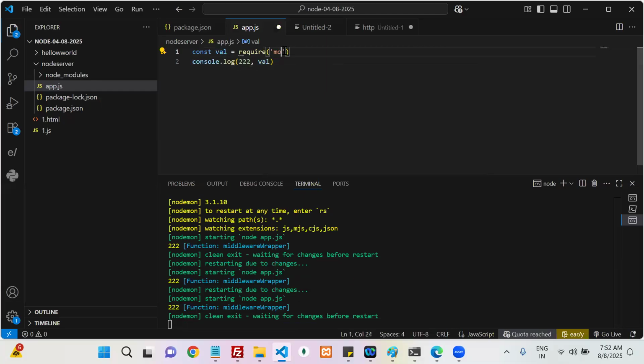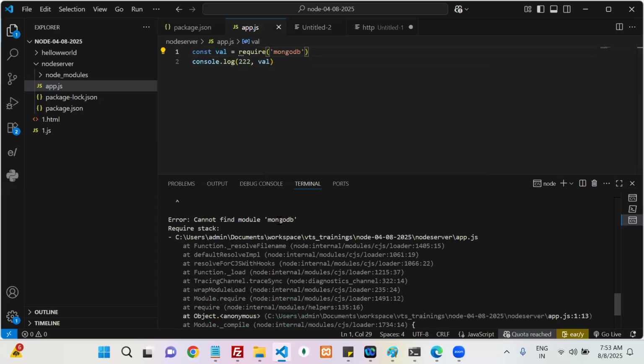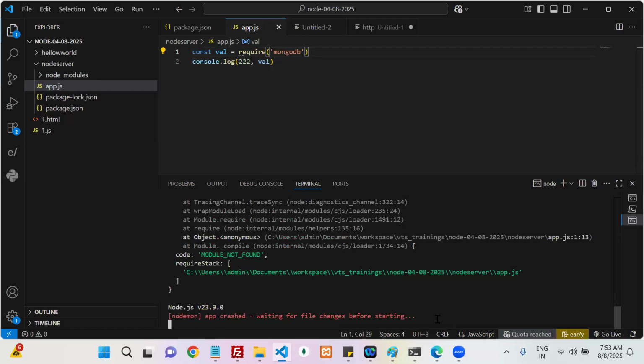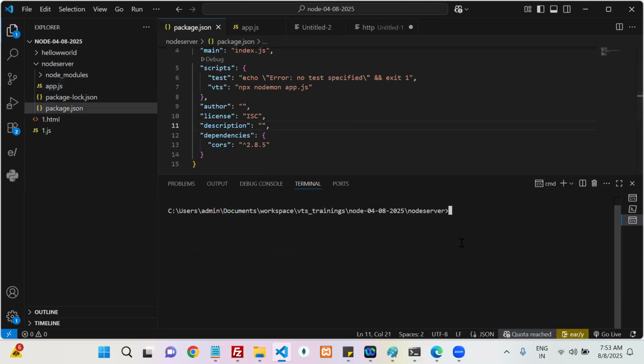Now same like this, MongoDB. Is it available or not? This module is not available. I want to make it available. By default in Node that module is not there. How can we make it available? By running which command? Who maintains all the modules? Node Package Manager. Next, npm, come on,